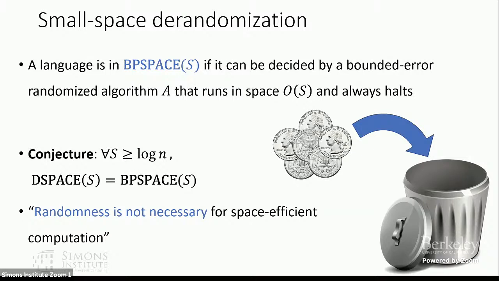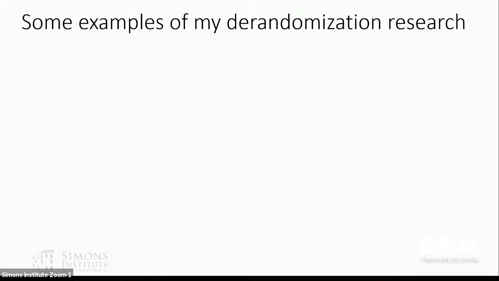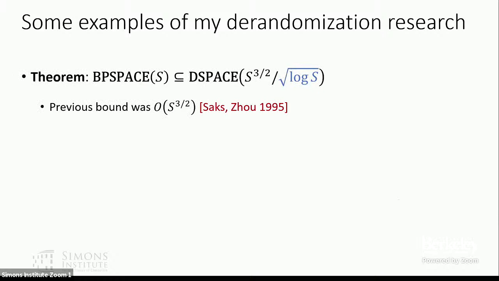One piece of evidence for that, one reason to maybe have some hope about this problem, is that we do have quite a few partial results. I'll just mention a couple of partial results that are my own research, but there are plenty of other examples that I have nothing to do with. So one would be, if we have BP space S, we can derandomize that. There's some blow-up in space, but we can bound the extent to which the space complexity blows up. Currently the best bound is S to the 3/2 over square root of log S,